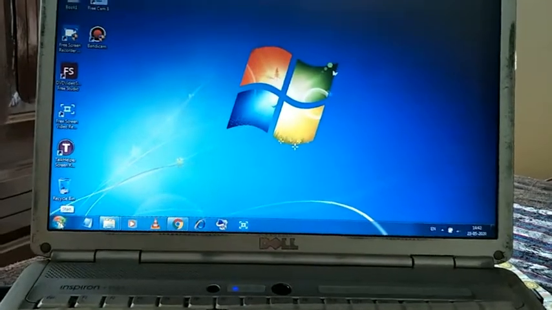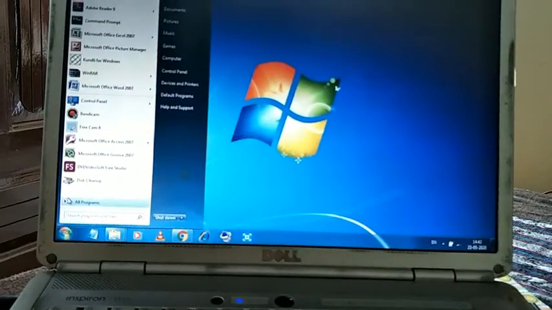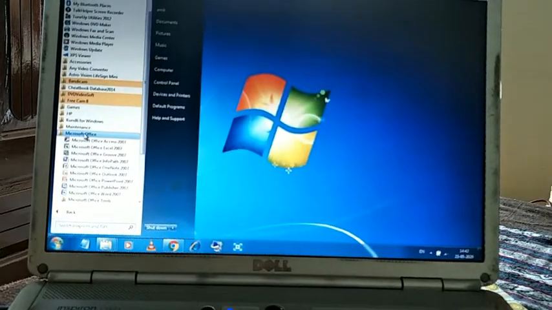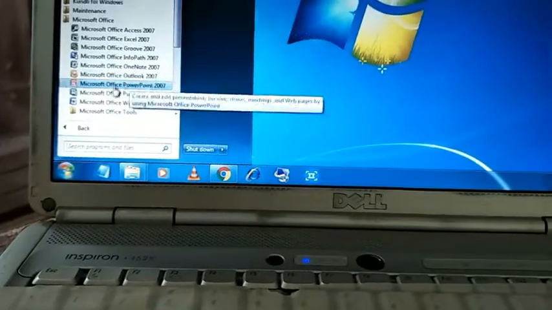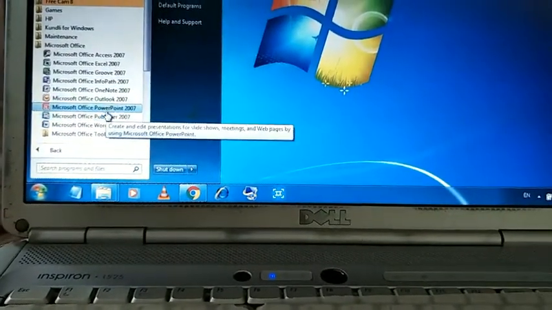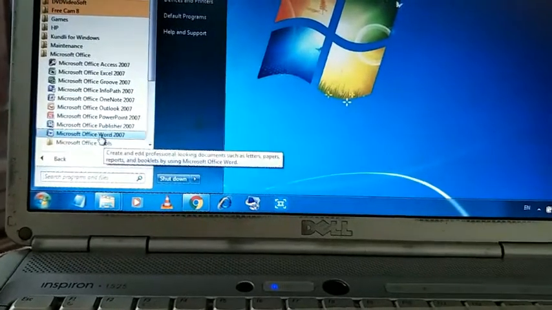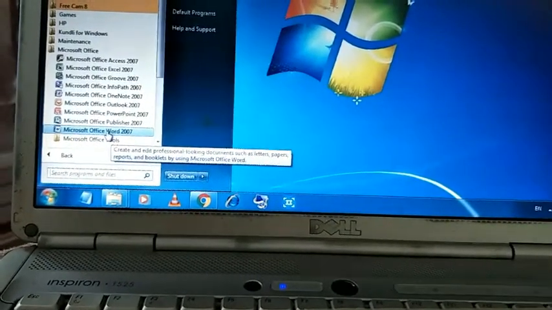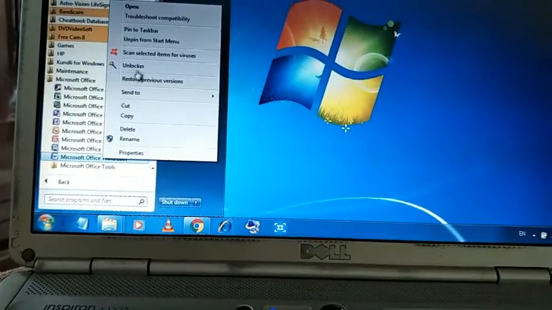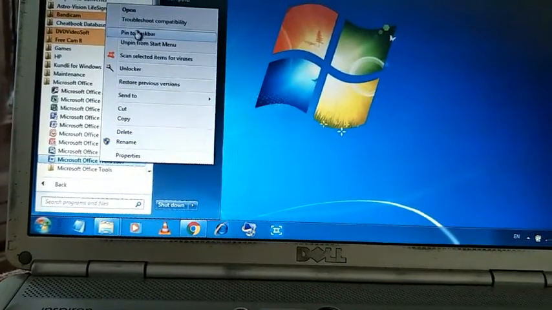What is the process? Click on the all programs option. After that go find your favorite program. Suppose that one is MS Word. Okay, so right click on that program and choose the pin to taskbar option.